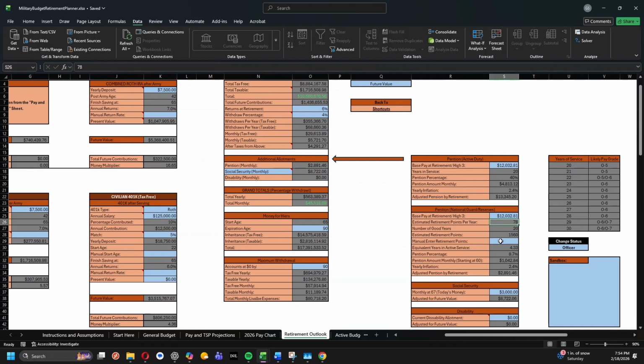It's assuming you're getting 78 points per year and mapping it out for however many years you're saying you're going to be in the Army. And that's a basic 1,560 retirement points. Pretty much what this means is you didn't go on any deployments, you didn't get any active duty orders, you were simply having a standard good year for 20 years in a row. But obviously you can manually enter retirement points if you go on orders or if you, for any other reason, collect additional retirement points. And from there, it will automatically calculate your pension percentage, your pension amount based off of